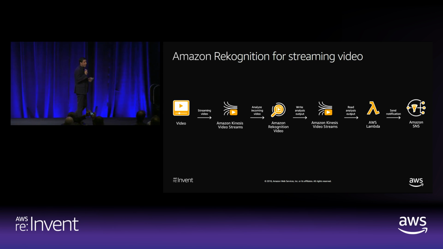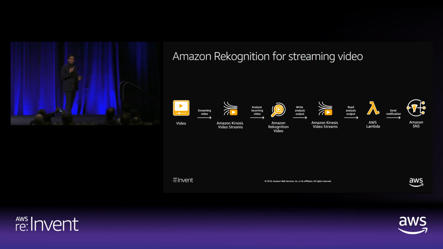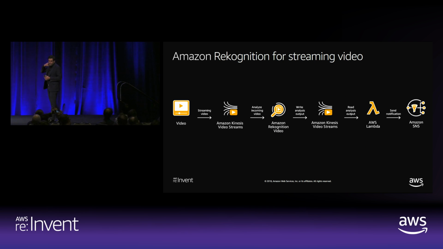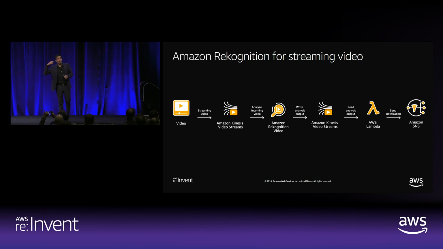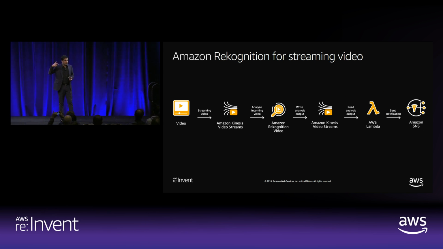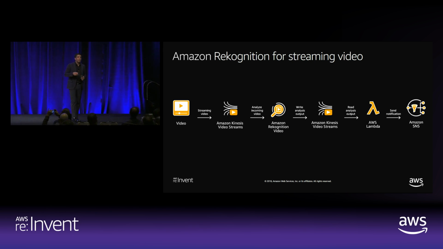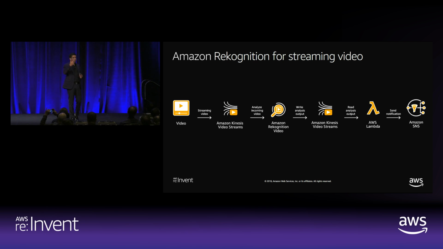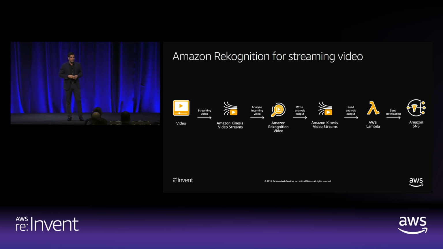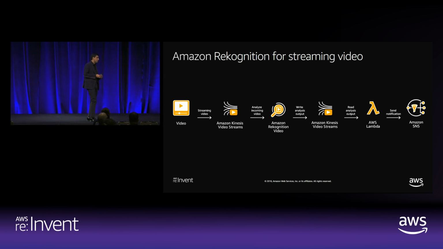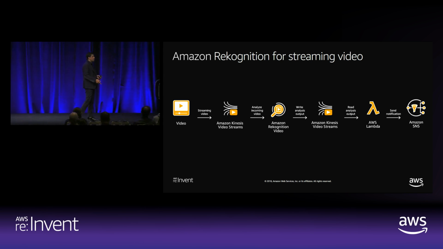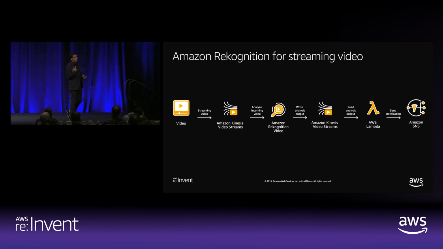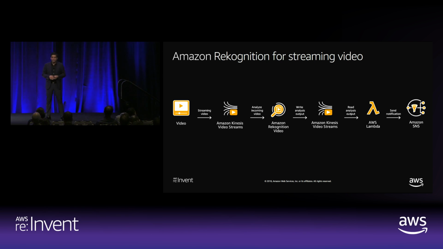We are polling Kinesis Video Streams to see if there's any stream from your particular ARN, and then we, in real time, analyze this video. Today we do face search against a collection that you might have created. Once we find a match or we don't find a match, we can create a notification for you, which you can use to make a decision of yours. You could also do a get to see if you have any information based on the SNS notification that you get, right?